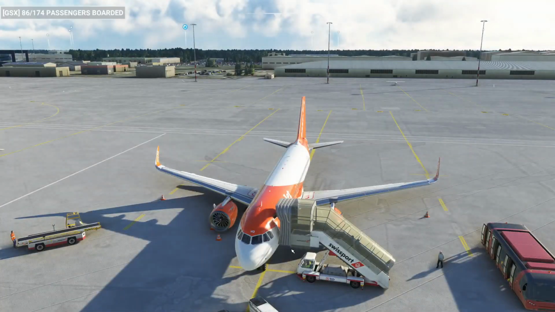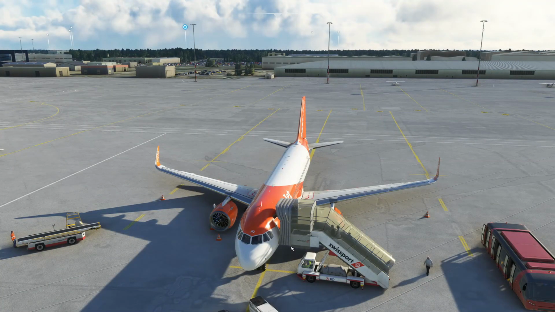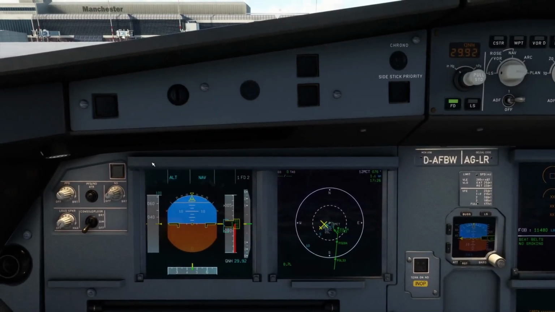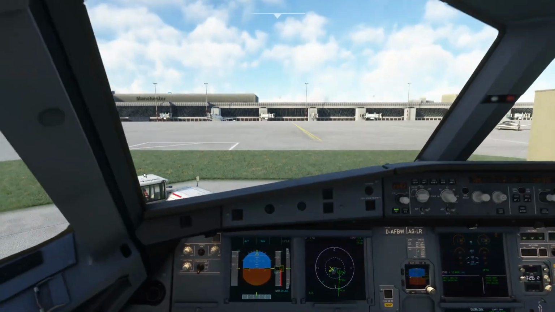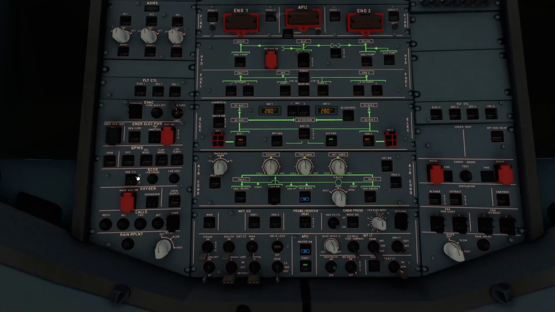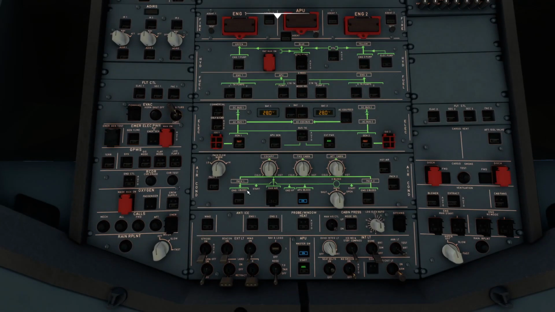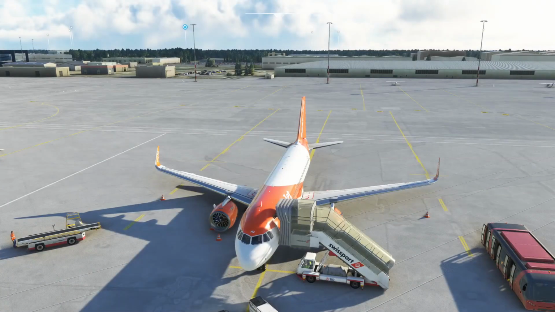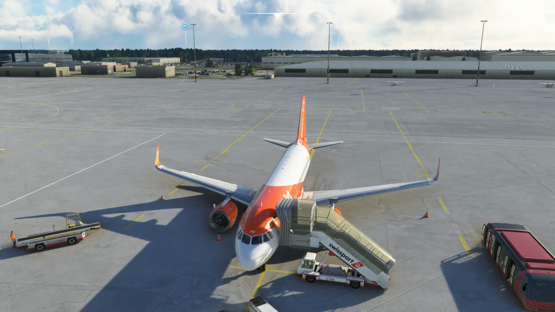Okay, so let's get out of here. We'll check again on the passengers, see how they're doing. Come on. 88 of 174. We still got a ways to go. Let's come back in here. I can't do anything at this point until this is all good. Yeah, I can't do anything at this point until everybody's loaded, and the reason why